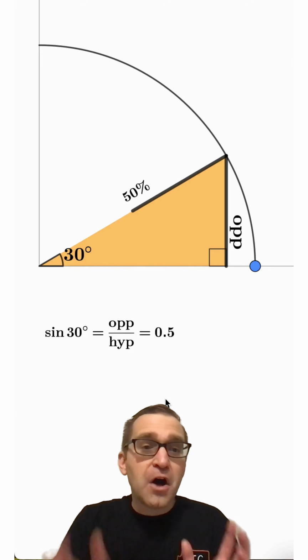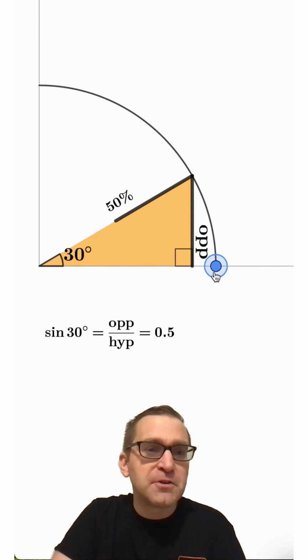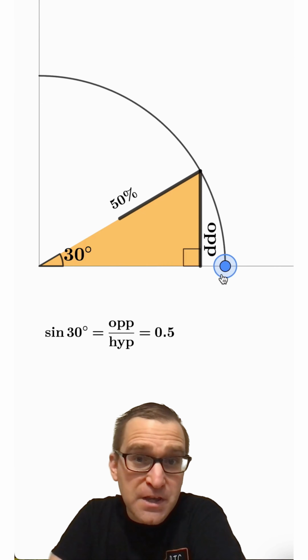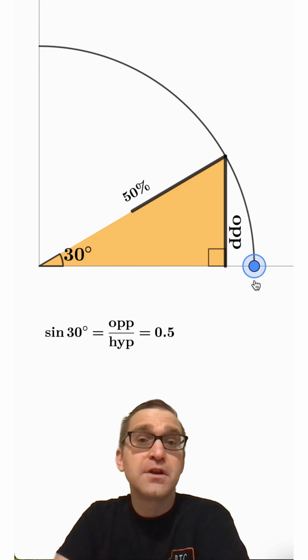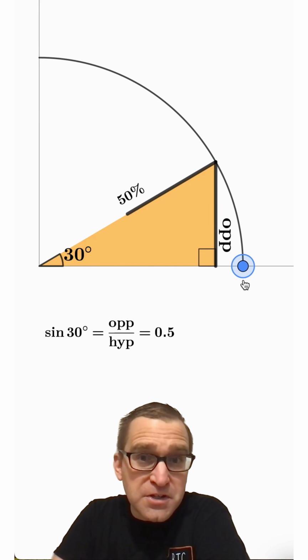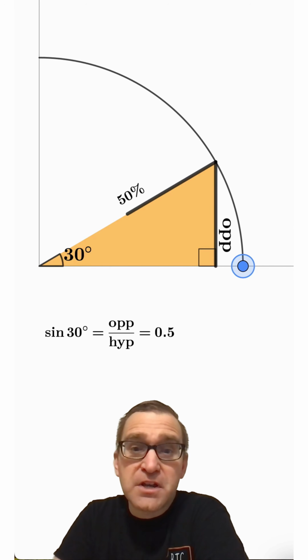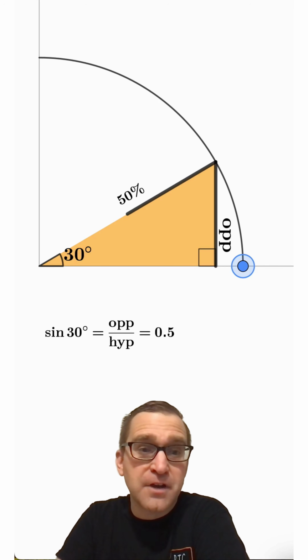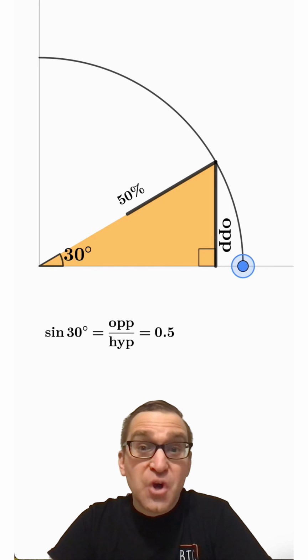So again, this right triangle here is similar to every other right triangle I'm making because of the angle-angle similarity theorem. So that's why these trig ratios hold true. That's why the trig ratio for any acute angle within a right triangle always remains constant. So in any right triangle,